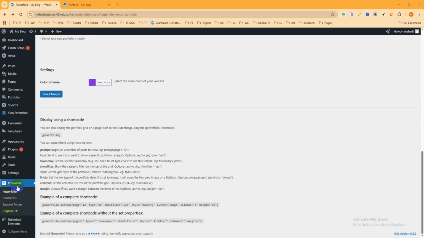You can see this is the portfolio, then another option is just here portfolio. So you have to add the portfolio from here. If you hover on it, then you can see portfolio, all portfolio will show here. Then you can add a new portfolio here and the portfolio category. So if you want, then you can add portfolio category here. Okay, so I want to add a portfolio. Just hover on it, portfolio, then click here, add new item,